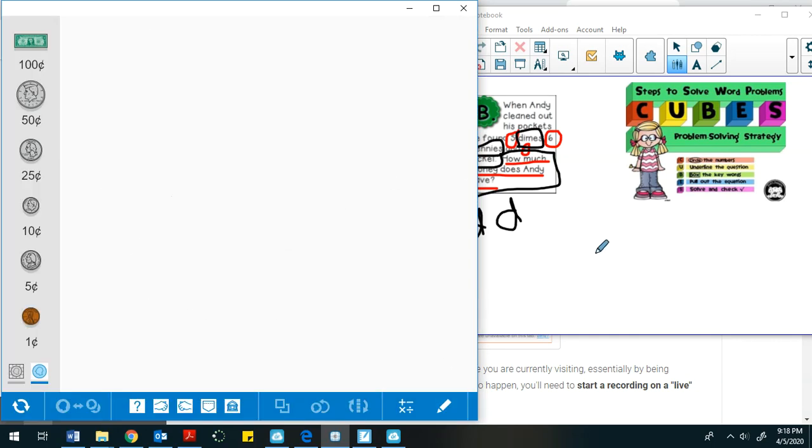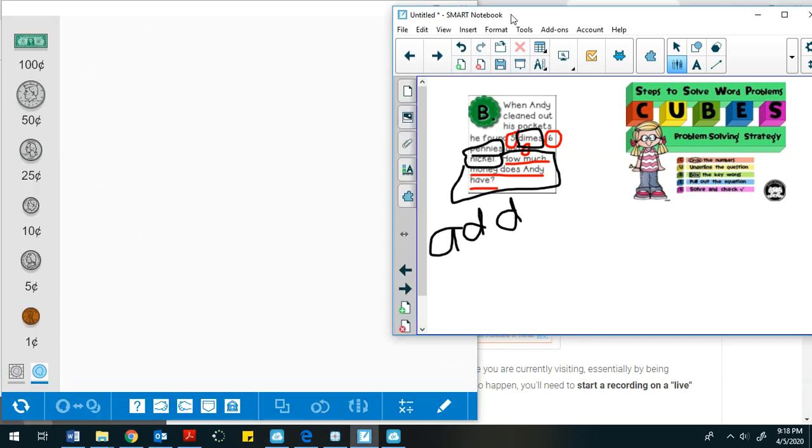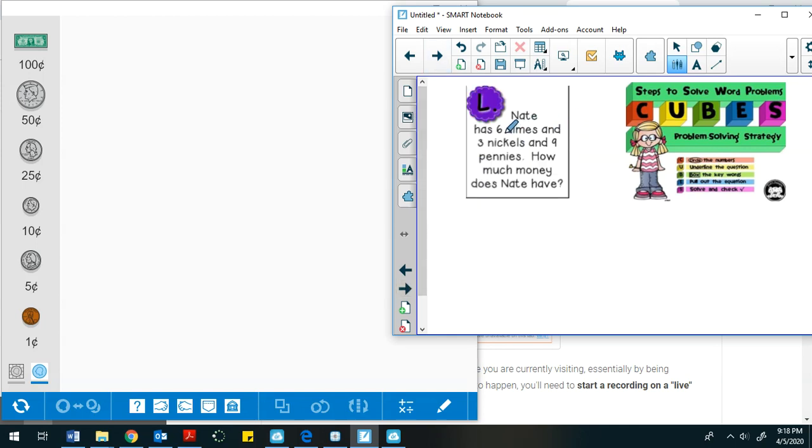Let's look at one more problem together before you practice some problems on your own. Nate has 6 dimes and 3 nickels and 9 pennies. How much money does Nate have? I know I need to circle my numbers, so I'm going to circle 6 dimes. I'm going to circle 3 nickels, and I'm going to circle 9